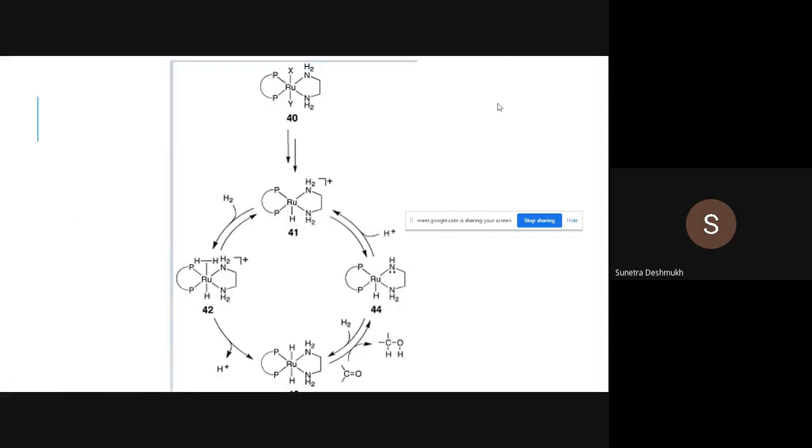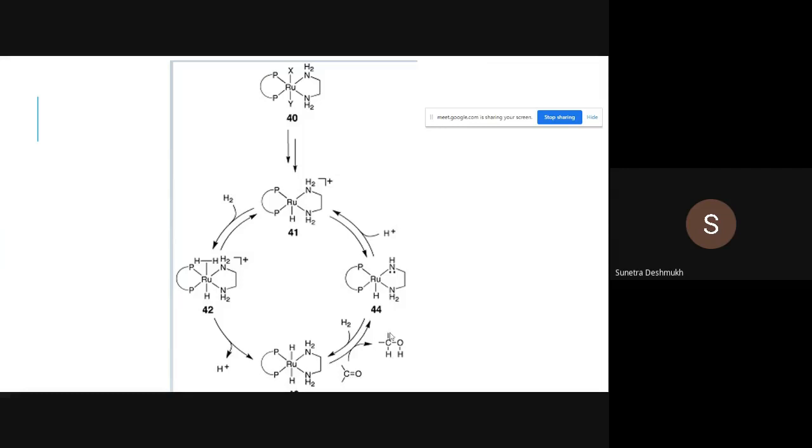So, the diamine containing ruthenium catalyst: how the diamines attach with ruthenium, two hydrogens are present. If we add a hydrogen molecule, one H2 molecule, it gets adsorbed on this ruthenium. Of the two hydrogens, one is replaced and one comes outside. Now two hydrogens are present on the ruthenium. We add the carbonyl group, the starting material, which we are going to reduce.